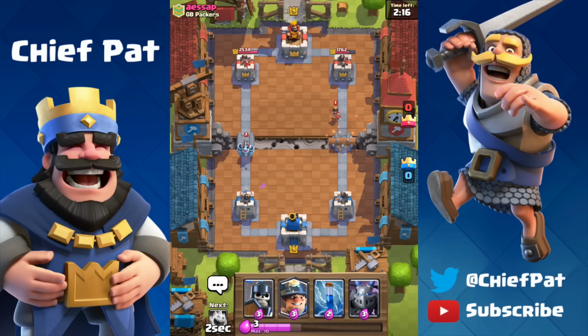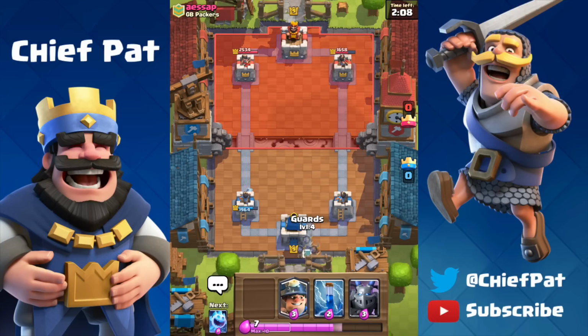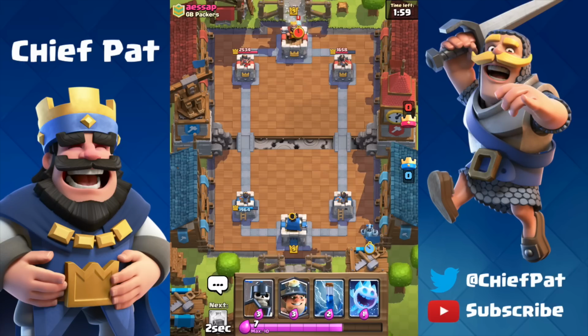Now, here's where you have to think about Elixir. Not only are we going to get a 1 Elixir trade from that Log, but I'm not going to worry about this Mega Minion right here. Now, normally, you'd wonder why I took all that damage onto the tower, but I feel like I was down in Elixir right there, and I didn't want to get too far down to where I couldn't counter any of his pushes, so I decided to take that damage, suck up that hit from the Mega Minion, and sort of move on to the next part of the battle and see if we can make